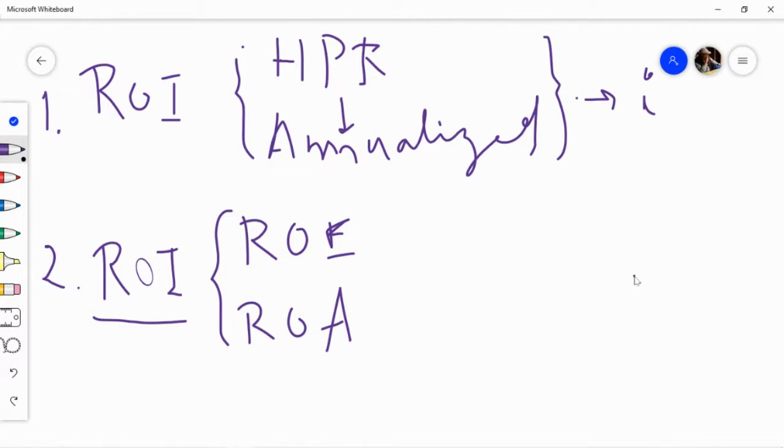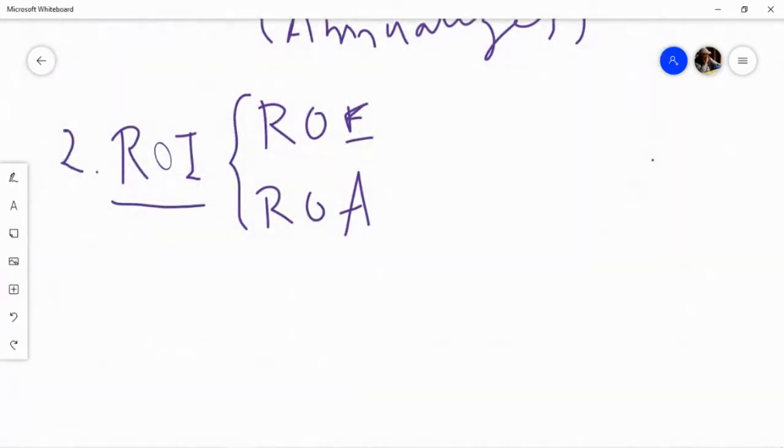Okay, return on total assets actually. So from the firm's perspective, right? Think about it. What is the biggest factor of return? Now, if you think about it,